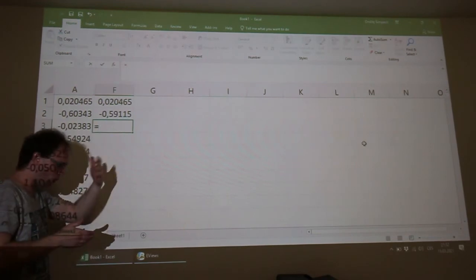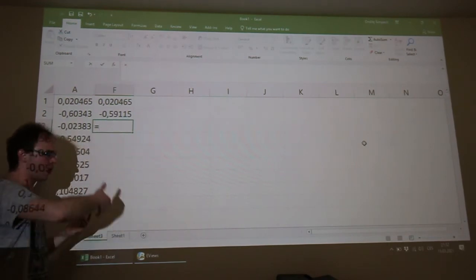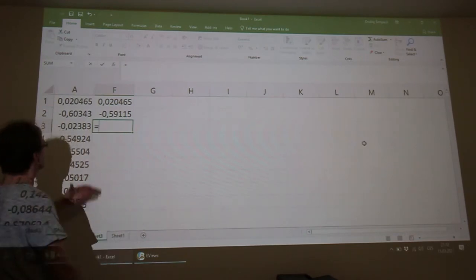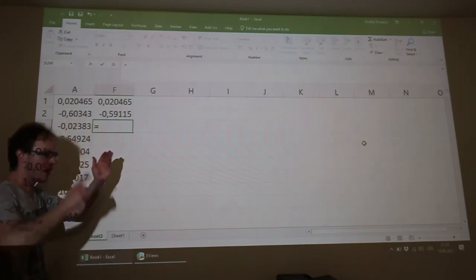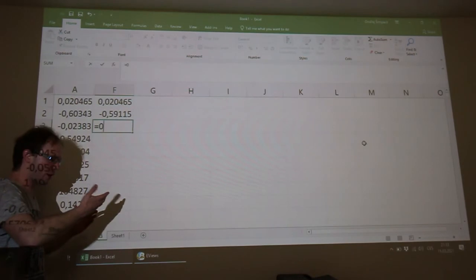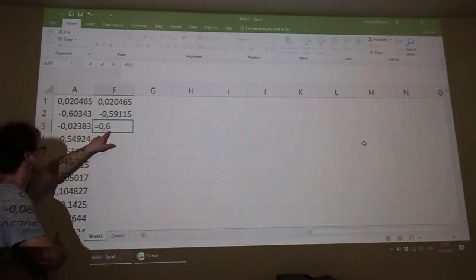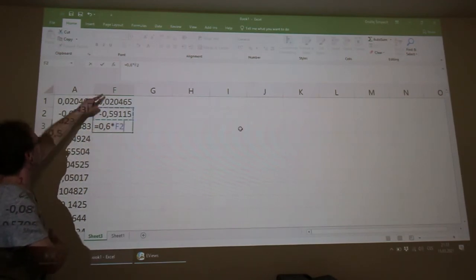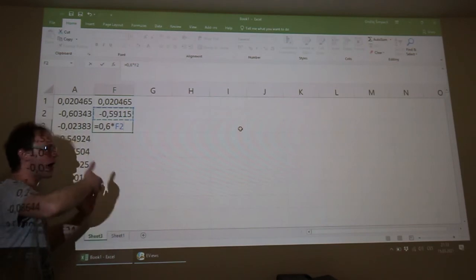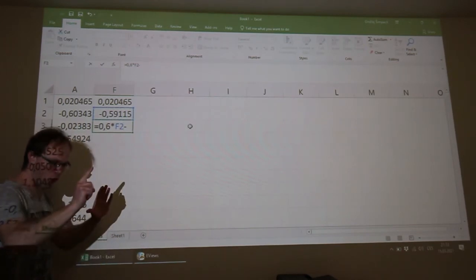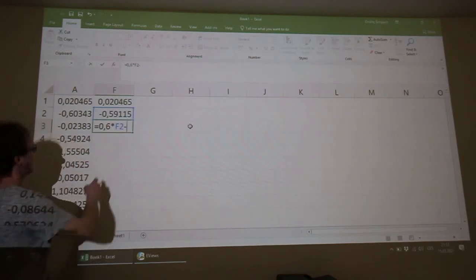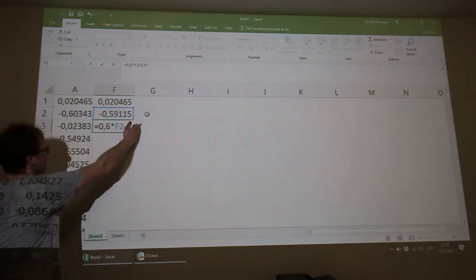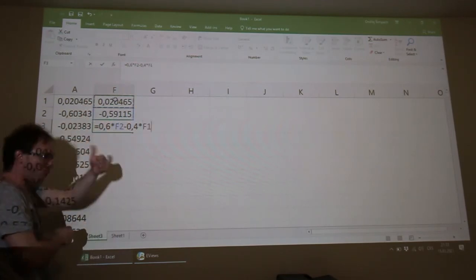So this is the formula on the second row. And the formula on the third row. Now I have my 2 previous values. So right here, equal sign, and there is parameter phi1 0.6 times my previous value, so value from this cell, minus 0.4, parameter phi2, times value from the first row.